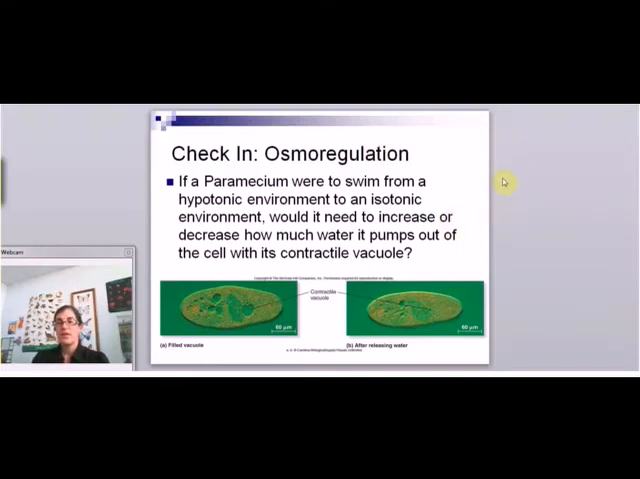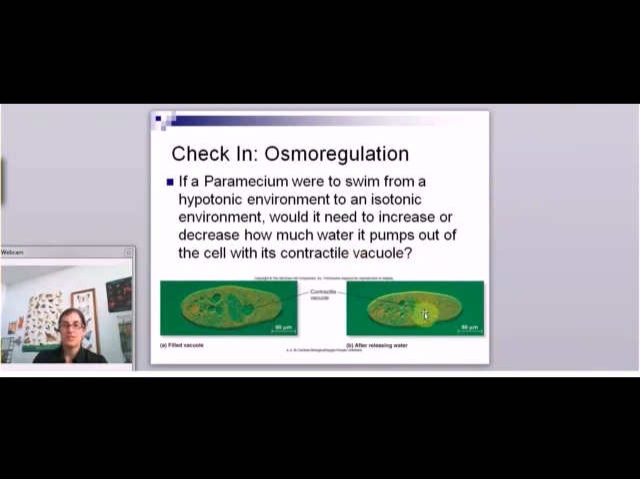So this is a little bit of a question about osmoregulation, which is regulating water balance. A paramecium is a kind of organism that uses a contractile vacuole, which is pictured here. See, this is before, and this is after. It contracts. So here it's full, here it's contracted and empty. A paramecium uses that because it lives in pond water. The pond water is hypotonic, so water tends to flow into the cell, and it flows into the contractile vacuole,